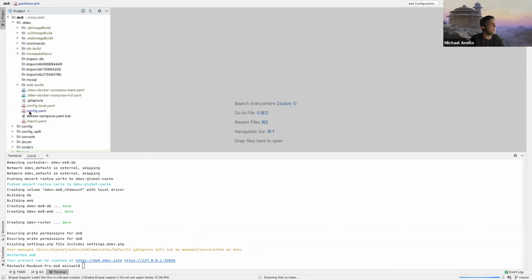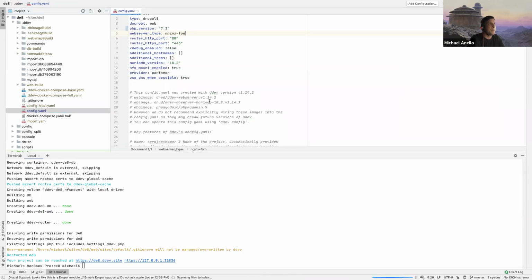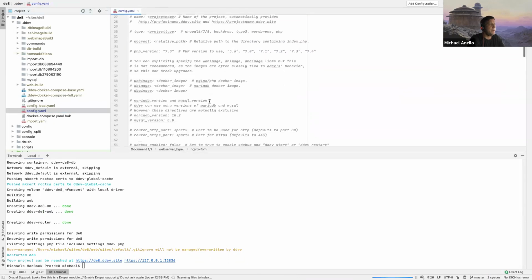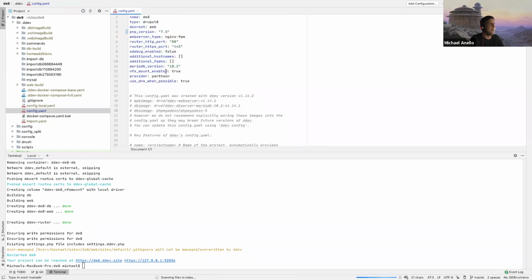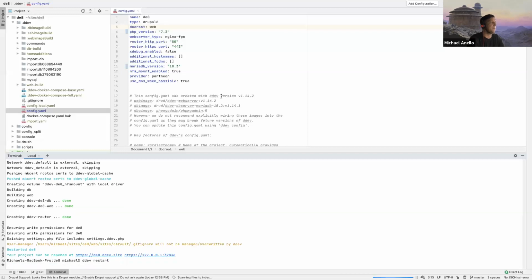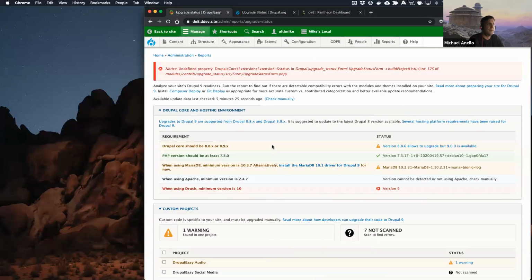So we're gonna go into DDEV. And if we look at MariaDB versions down here, I just have to specify it like this, MariaDB version 10 dot whatever. And I don't think I am, I'm specifying 10.2. So let's just use 10.3. And we'll do a DDEV restart. Again, probably should have done those two at the same time, but